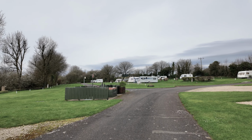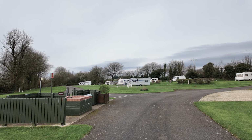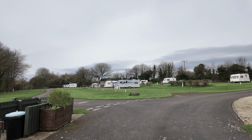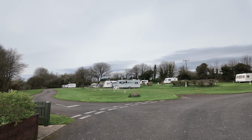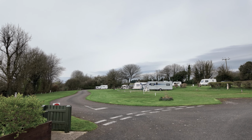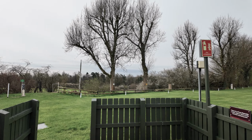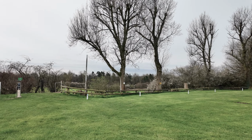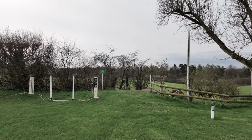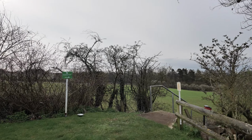Rise and shine, let's have a look around the site then. Okay, so you've got a nice mixture of pitches, the white pegs that have awnings, the blue pegs that don't, I think, and then also lots of grass camping, which is really nice. Maybe not for the van this time of the year, particularly with all the rain, but yeah, all the usual facilities. Some recycling. I've dropped mine on the way out, and over here I think is dedicated dog walking. Let's go and have a look. I haven't got a dog, but